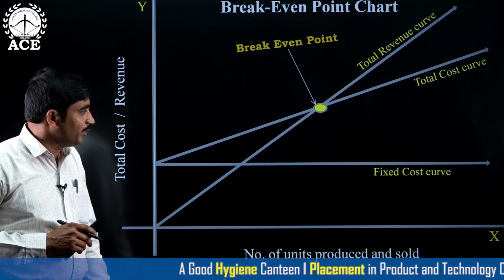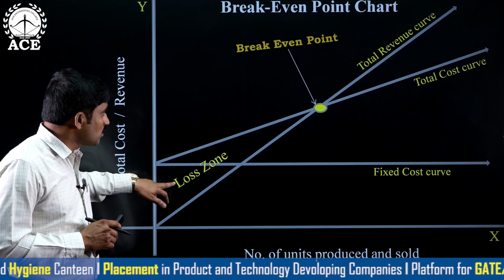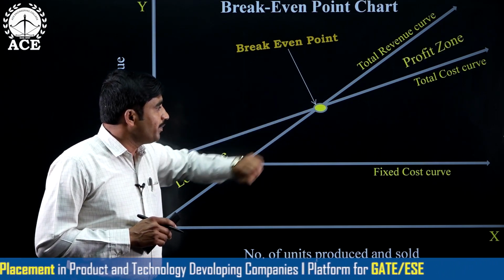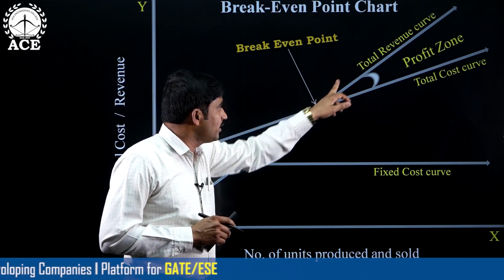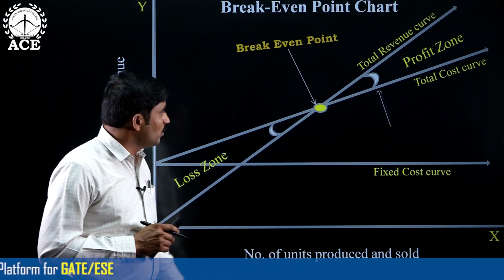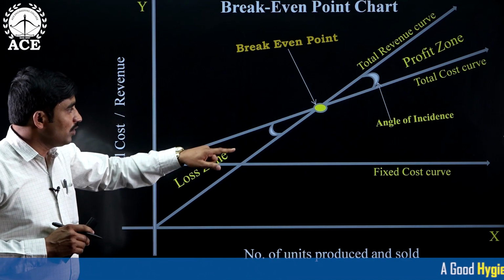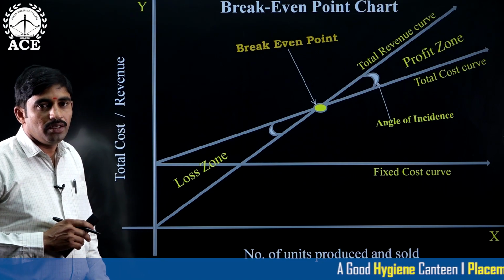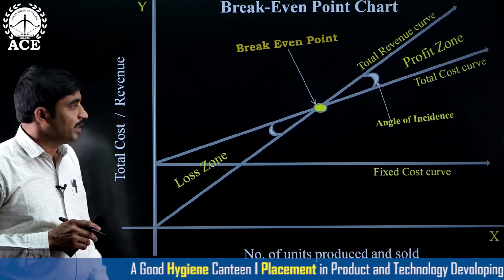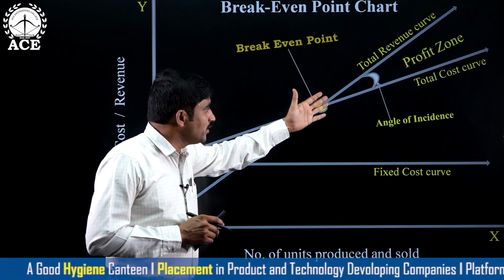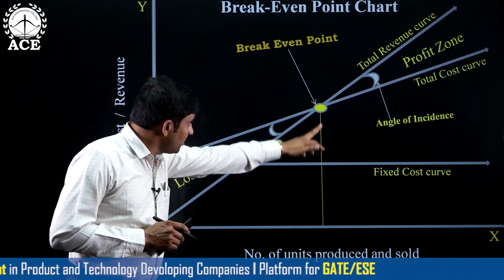That is known as the break-even point. Here the zone below the break-even point is the loss zone, and the zone above the break-even point is the profit zone, and the angle which is formed at the break-even point is known as the angle of incidence. So based on the angle of incidence also, we will estimate the profitability position of the business during that particular period. The greater the angle of incidence, the higher the profitability, right? And here, at the break-even point,